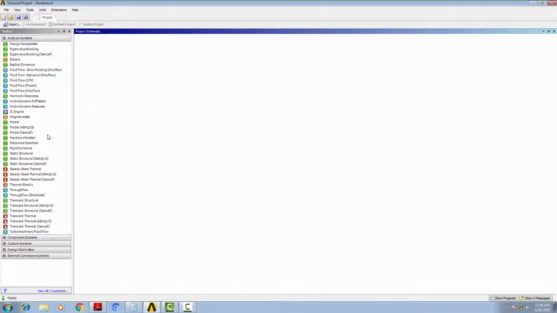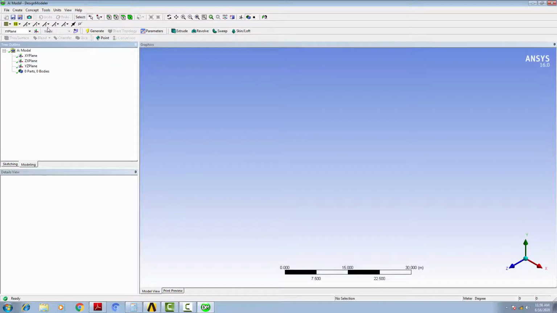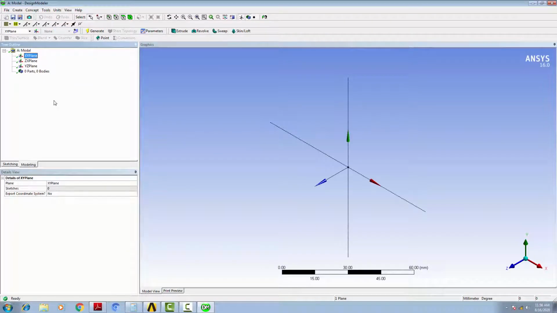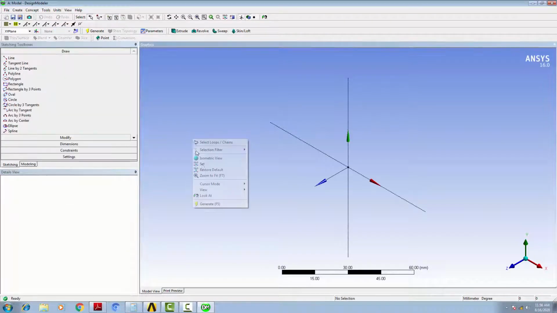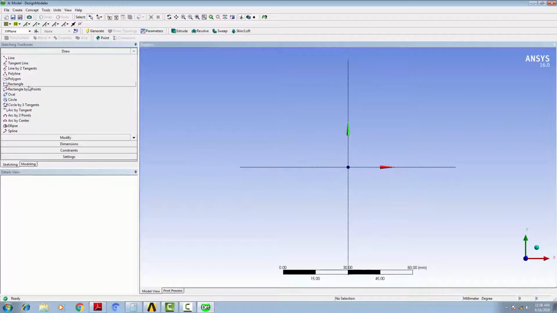So first of all, I will drag this modal analysis into this window. I will create one geometry. First of all, change the unit to millimeter. In the XY plane, I will draw one sketch.